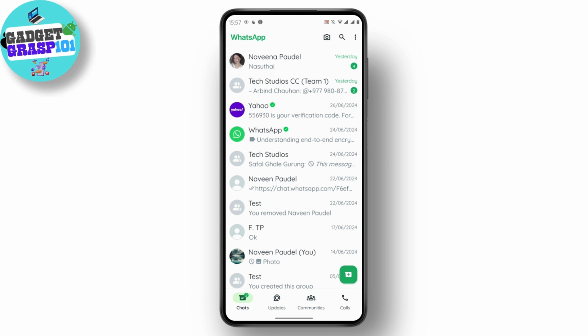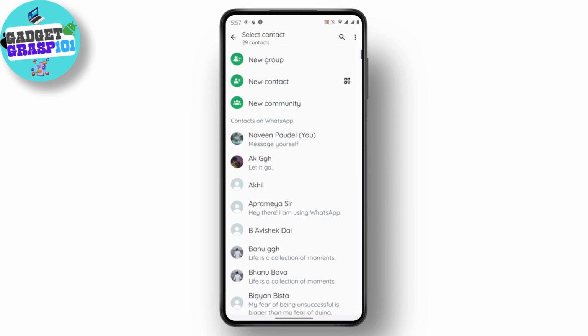So let's get started. If you want to access your WhatsApp's link, what you have to do is follow some easy steps. You can use two steps. The first one is just simply tap on the plus icon, on the bottom right. The green colored plus icon, just simply tap on it, and after tapping on that, now you can just simply